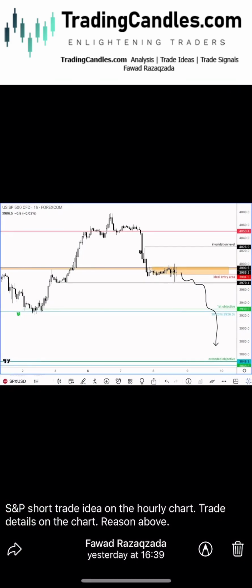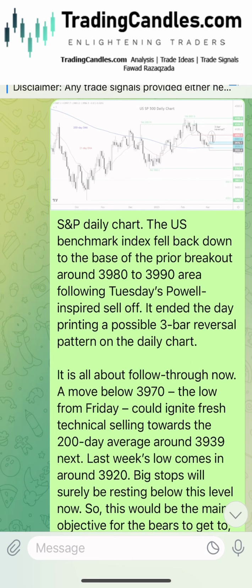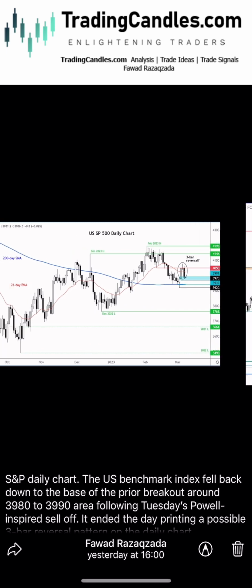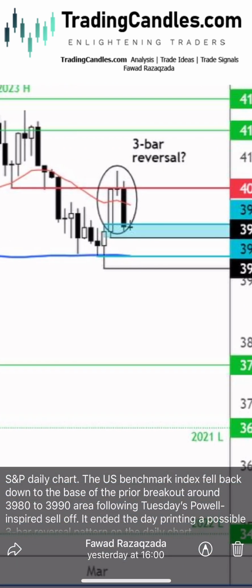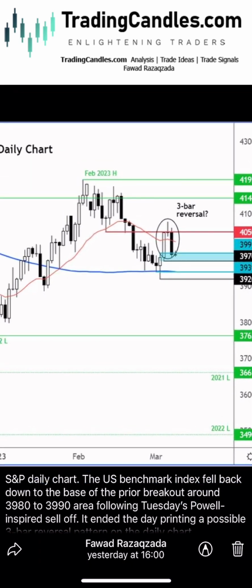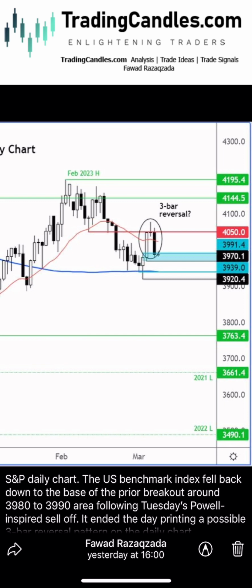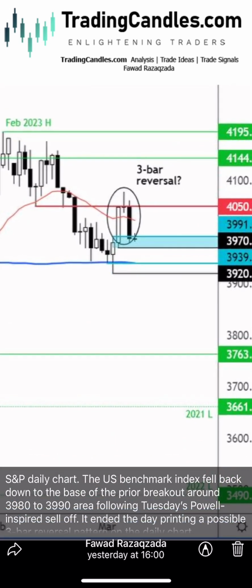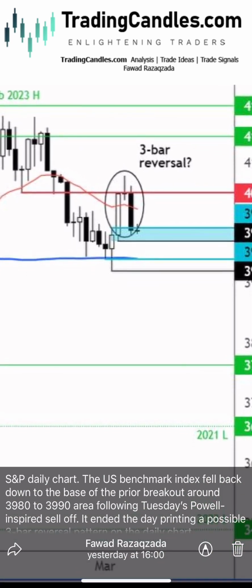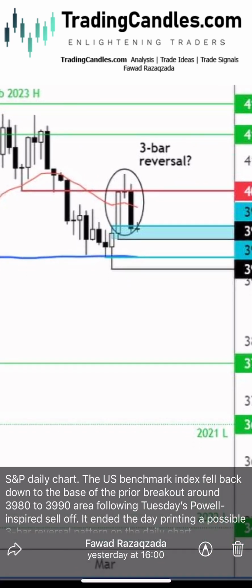this trade idea I had posted on Wednesday on the hourly chart, which was in turn based on the daily time frame chart. As I'll show you here, we had a 3-bar reversal candle formation, I should say, when the index failed to hold above that key 40-50 resistance level after earlier bouncing from the 200-day moving average. So it was literally a case of the buyers getting trapped into this rally and resistance holding where it should